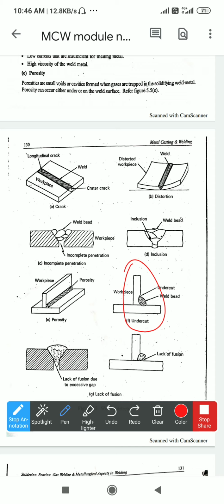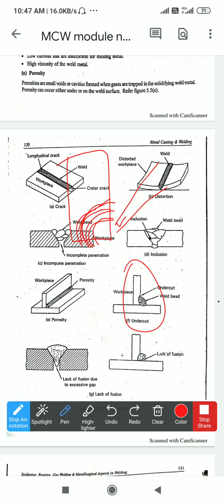The extra metal is cut. If the electrode is held for a longer time at a single position, at the same point, the metal starts to melt in an overcut. So see, this is what happens: if you put the electrode over here, at the same point, it starts to melt the metal to a larger size, on the larger side. This should not happen, because the thickness and strength of that joint starts to reduce over there. For that reason, the electrode should not stay at a single position.